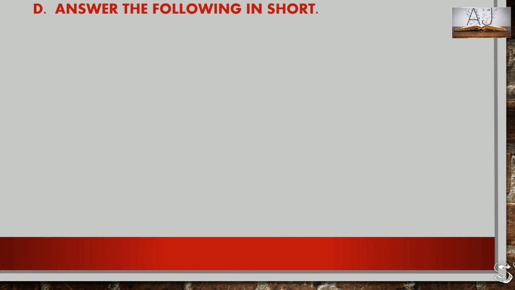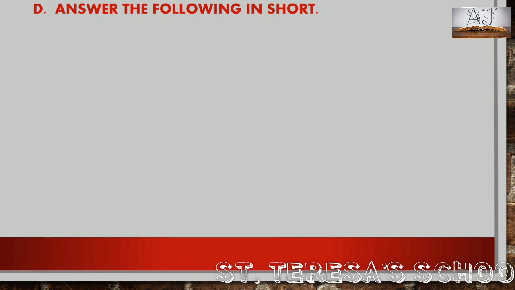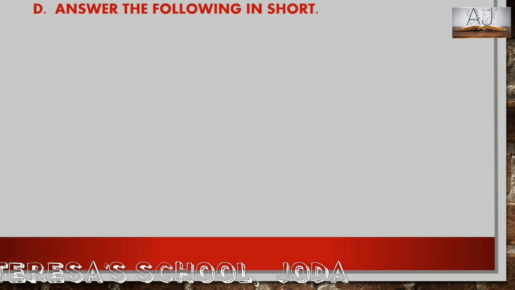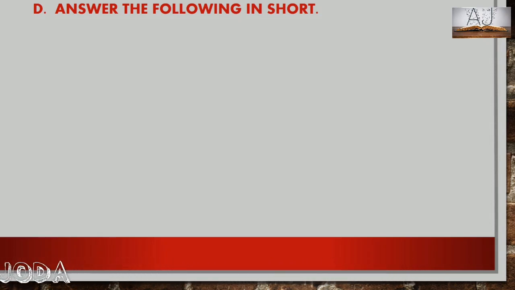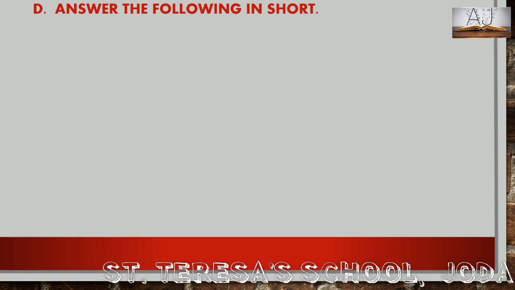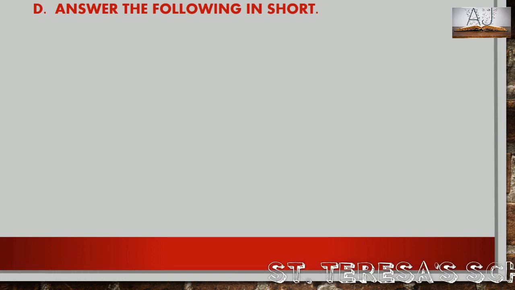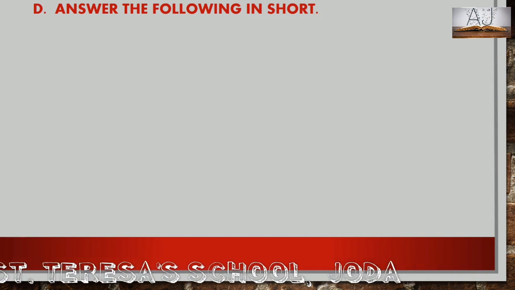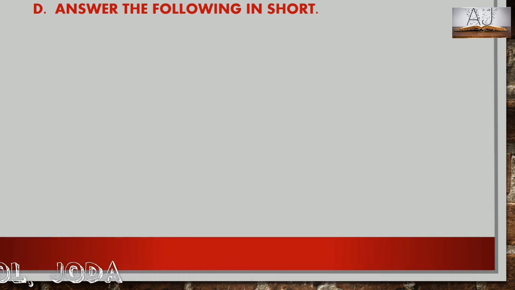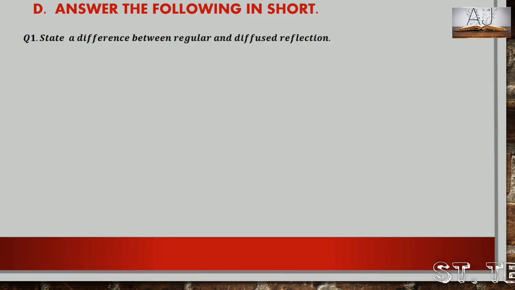Okay, now we'll see exercise D. Let us see D number. Answer the following in short. A, B, C, you can try to do it yourself, and if you are not able to do it, I'll help you with it. But those are the easy ones. We have fill in the blanks, true or false, and even choose the correct alternatives. Those can be done very easily. In case of doubts, please contact me.